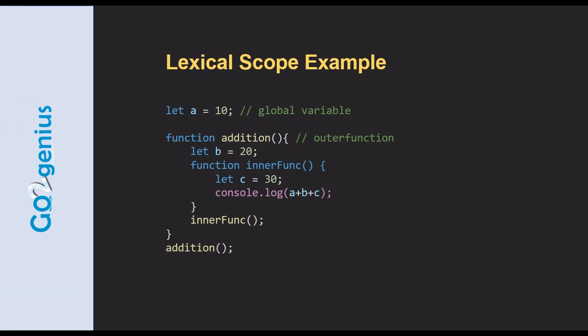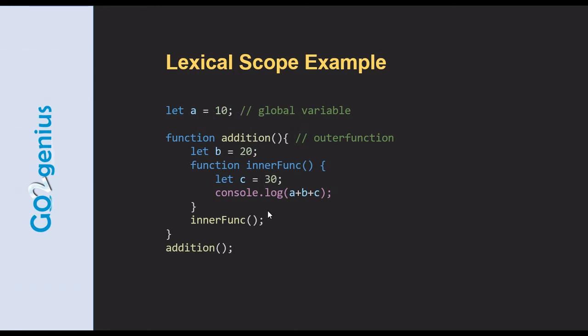So here we can understand easily, whenever any function tries to parse any code, it looks for the reference of all the variables which are being used inside it. First it looks inside its own scope, then if it doesn't find it here, it goes one level up to the outer scope. Even if it doesn't find it, then it again goes one level up in the context. So this hierarchy and this chain goes on until it finds the reference of the variable.